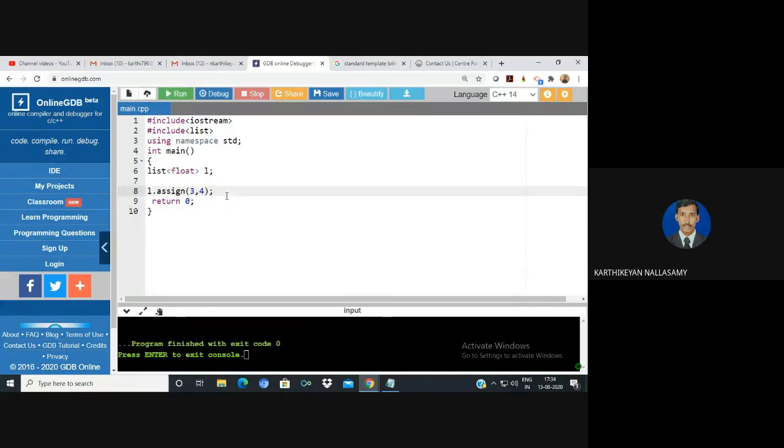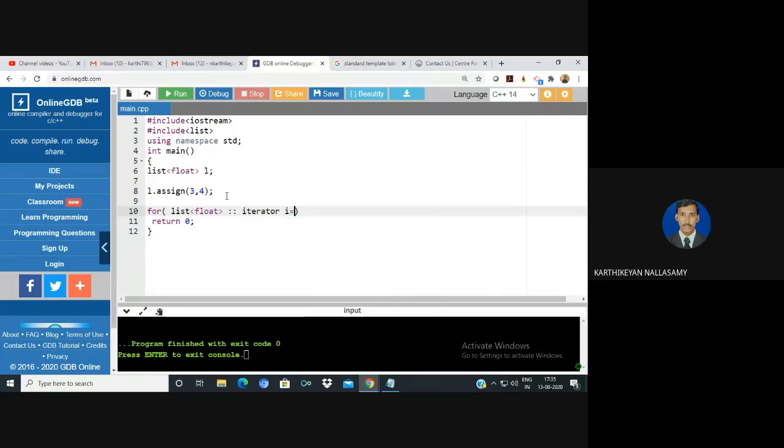Here we are going to assign the value 3 times. For example, if we want to display, we know that we need to use an iterator. Here my container name is list, and the data type of the list is float. I want to use an iterator, so with the scope resolution operator, iterator.